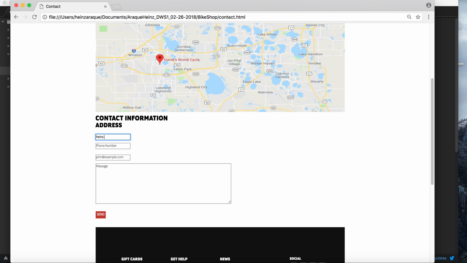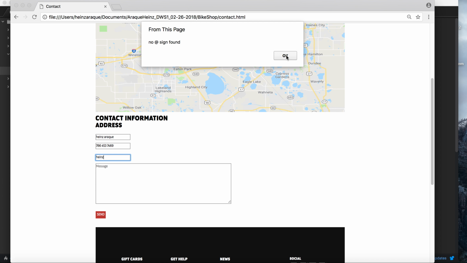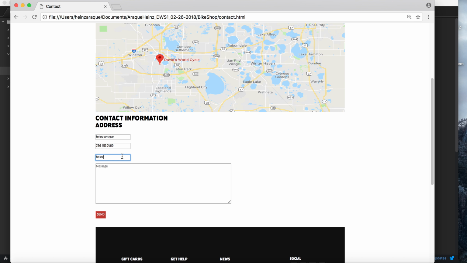So if you put Heinz Araque, nothing will happen, and if you put 3 here, it will say the same thing. So you put blah blah blah blah, and nothing will happen. And then here is the same. If you just put Heinz, it will show you no add sign found. And then if you put Araque